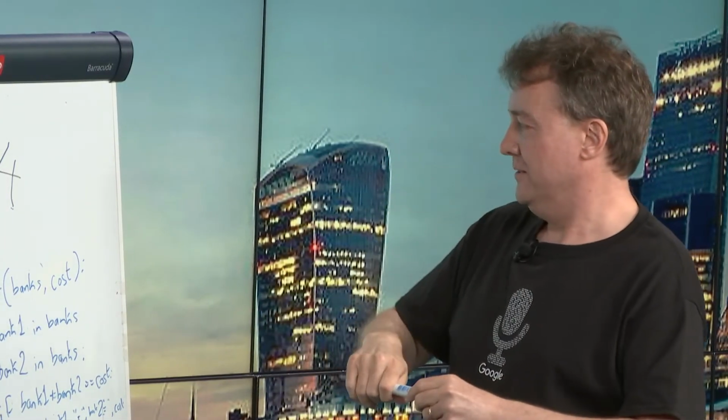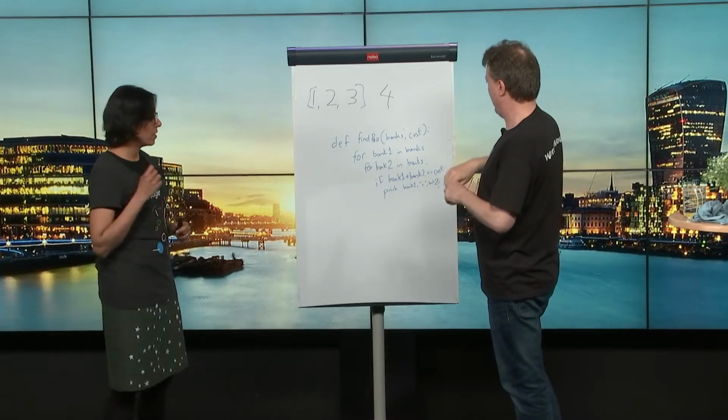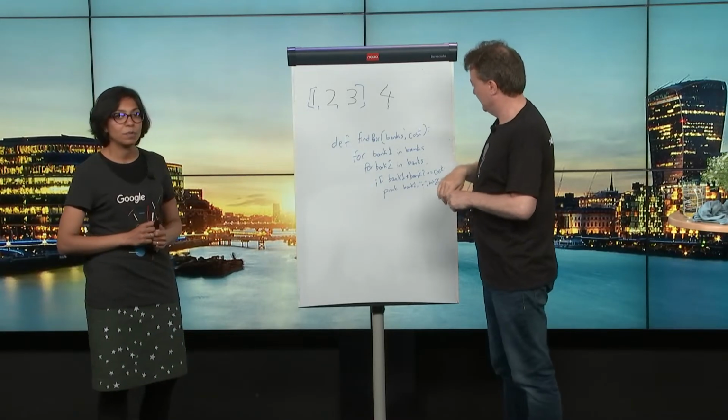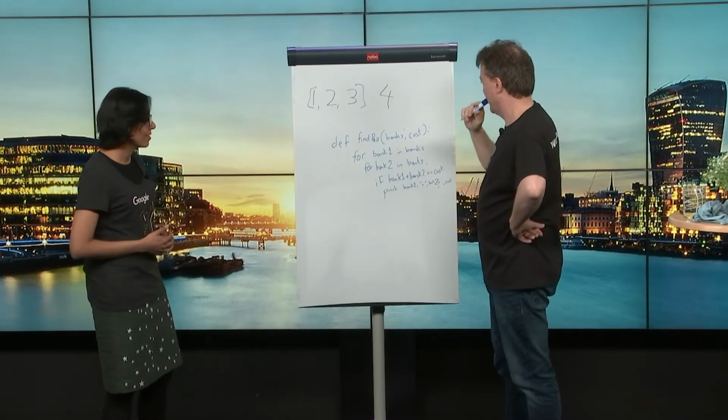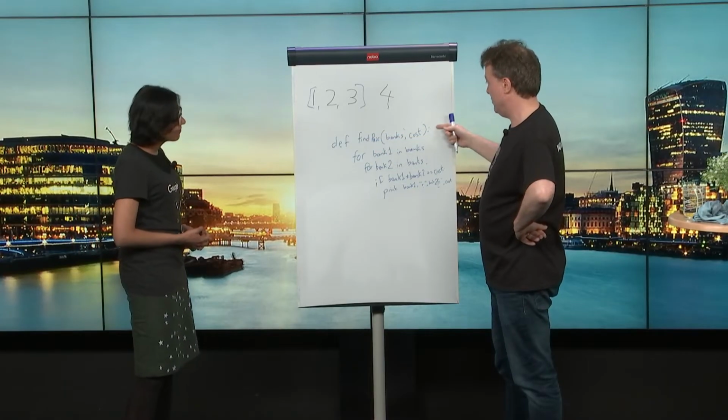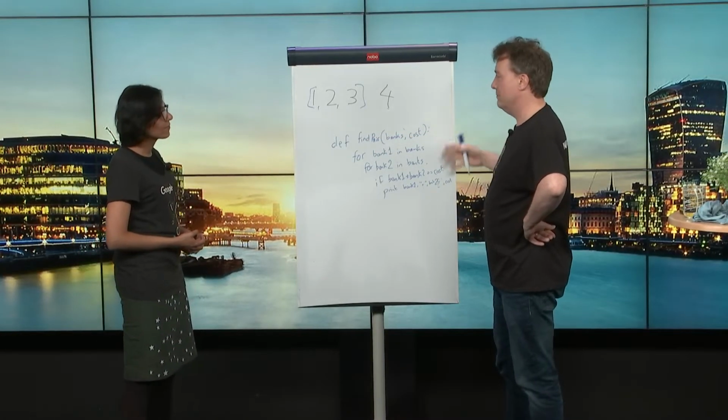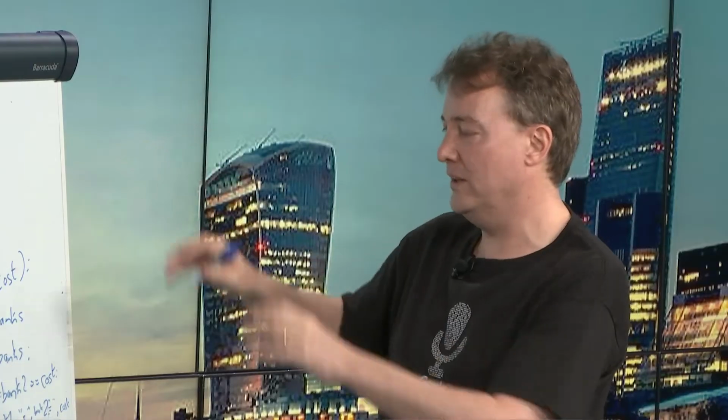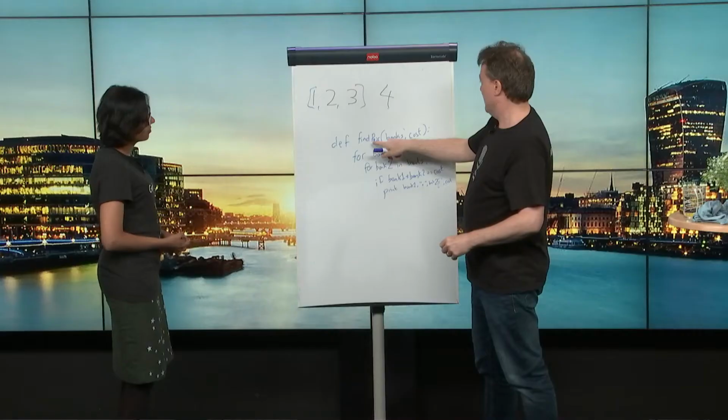So it's always good to run through your algorithm with a test case. You will be able to spot any bugs that you may have missed. So what I'm going to do, I'm going to start at the top and go through the code. Every time I come across a new variable, I'll write down what its value is. Okay. So find pair